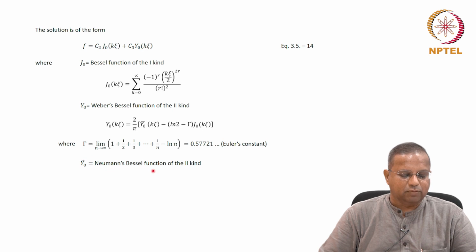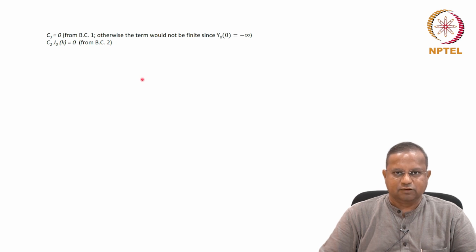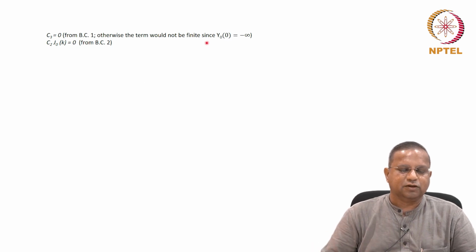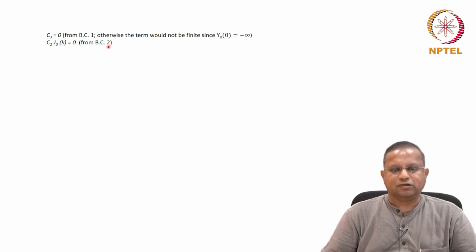Y0 dash is the Neumann Bessel function of the second kind, which is defined as the Bessel function of the first kind times integral d xi by xi, the Bessel function of the first kind squared. Okay, we're just taking this on face value, just follow this in terms of what it turns out to be. I will not expect you to solve this in any aspect that requires solutions in this course, but this is what it involves. You need to know that.